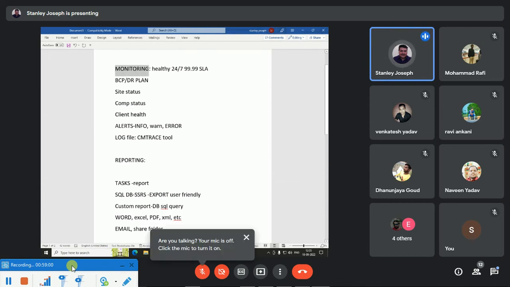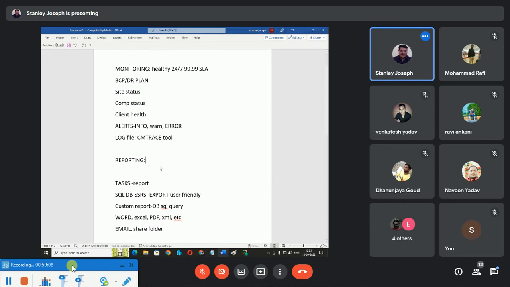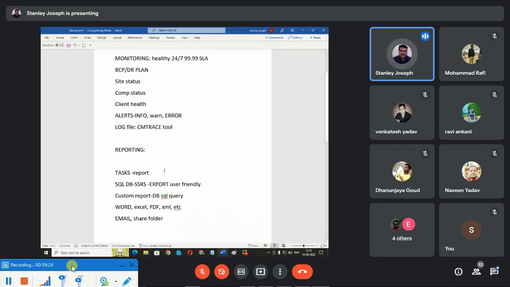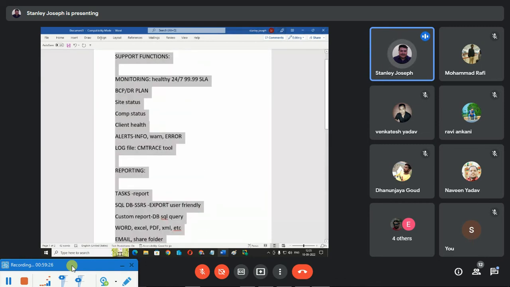support functions. So monitoring and reporting. Everybody in an SCCM project as an admin, whether you are at L1, L2, L3, SME or architect, whatever, on a daily basis you are responsible for these tasks. Okay, a bit of monitoring and reporting everybody has to do. So once you are fully aware of these